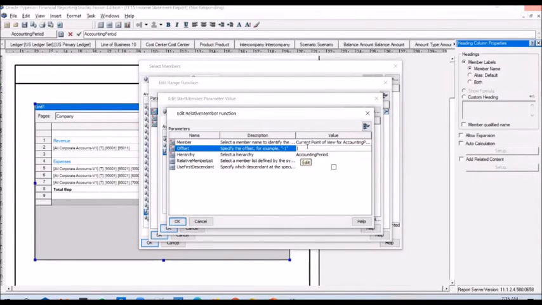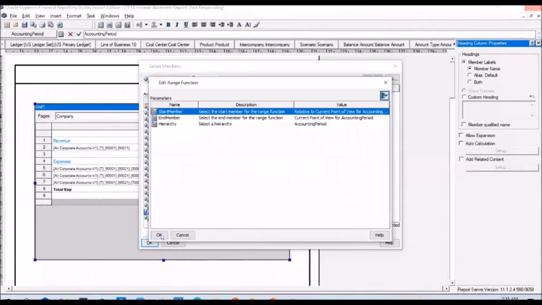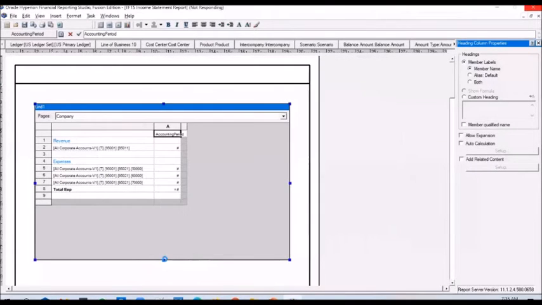And it asks you how much it has to offset the value by. So if 12-19 is selected in the accounting period point of view, I want to go back 11 periods in time. So the offset is going to be minus 11 in my case. So it will go back 11 periods in time, and it will start balancing from 01-19 till 12-19. Click OK. OK again. OK. And click on OK one more time.